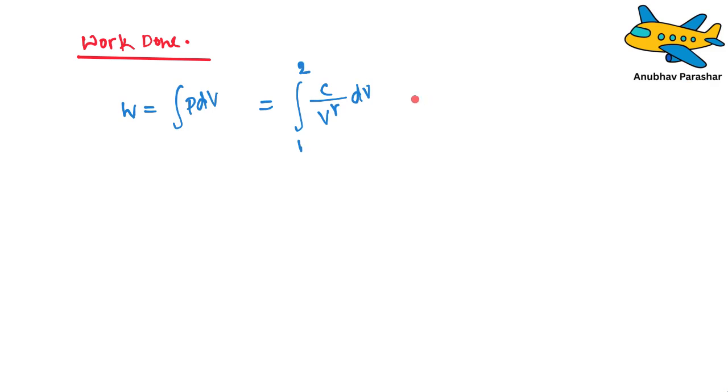Now if you do this, C comes out of the integral. If you integrate it, I'll write it like this: integration of V to the power minus gamma dV,